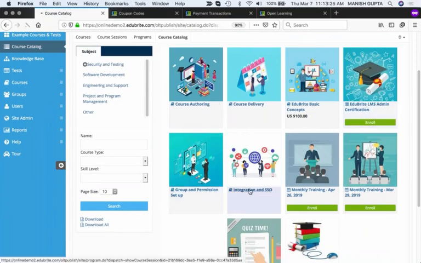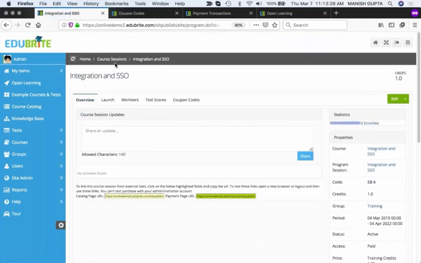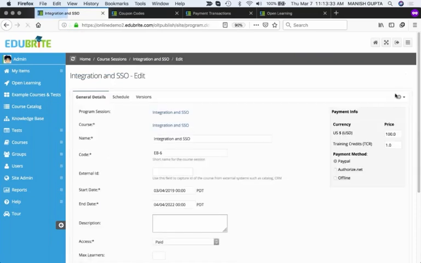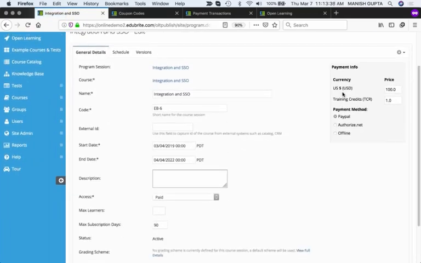So for example, if I select this integration in SSO, this is in EduBrite a course session, and you can edit the course session. This is where, if you are already using the e-commerce functionality, you used to see the currency option here, which now you will see an additional option that allows you to define the training credit. This is where you will set up the training credit for all the catalog items